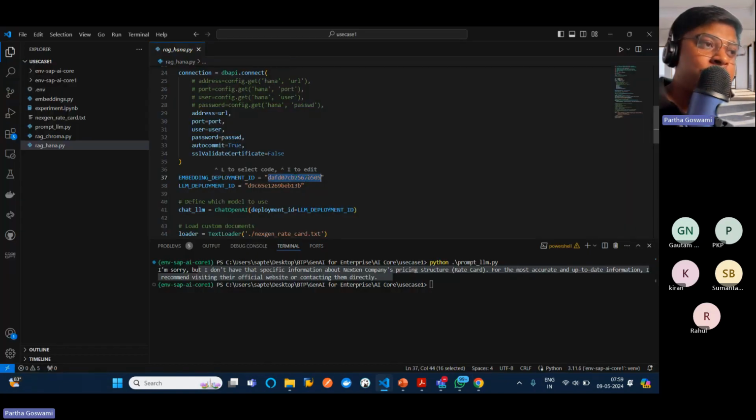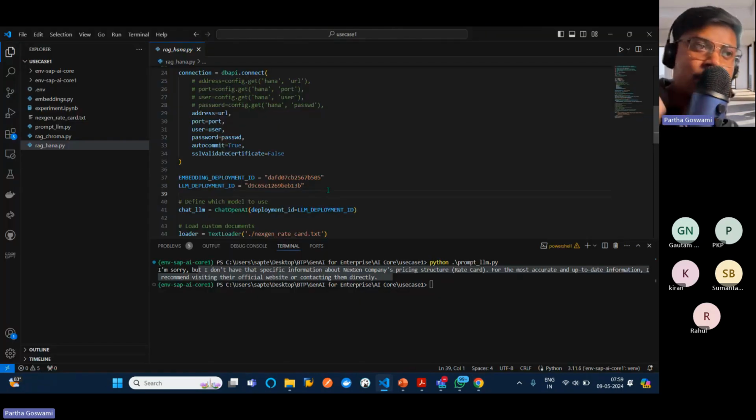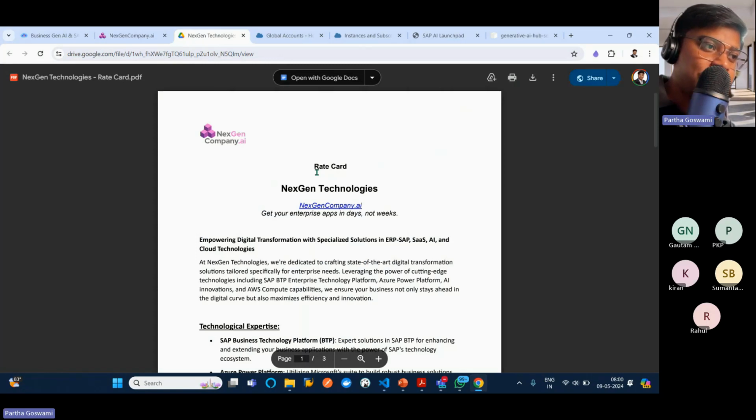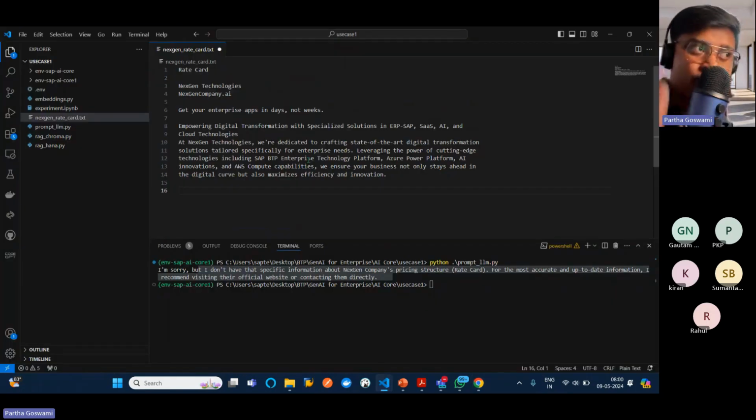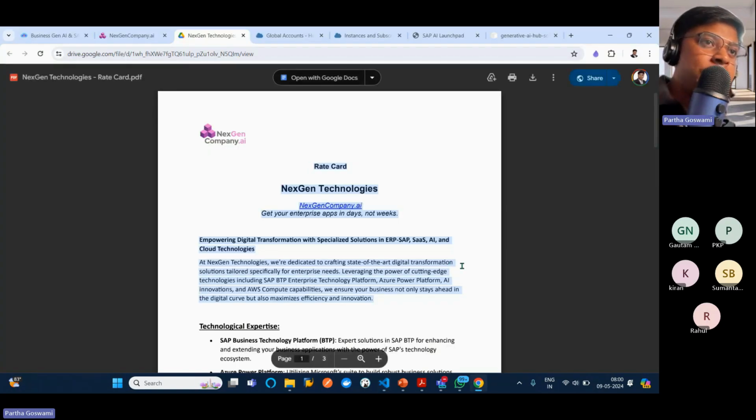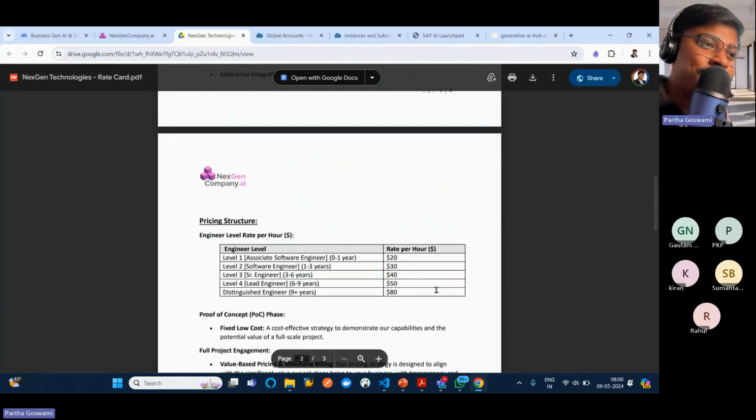The embedding model that we are using ends with 505, which is nothing but text-embedding-ada-002, which is also from OpenAI. Text embedding is a different model. Let's execute and see the demo first, and then we'll go to the actual explanation. This is the rate card of NextGen AI company. This is some information of NextGen AI company, and as it does not have any information, especially this financial information,